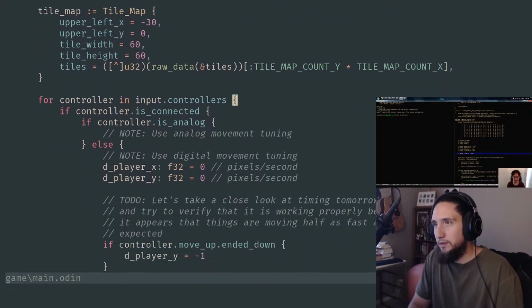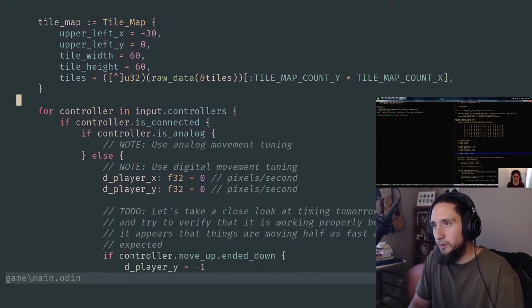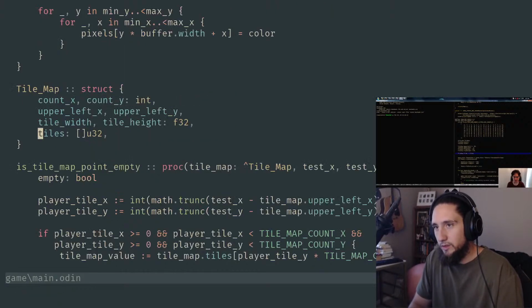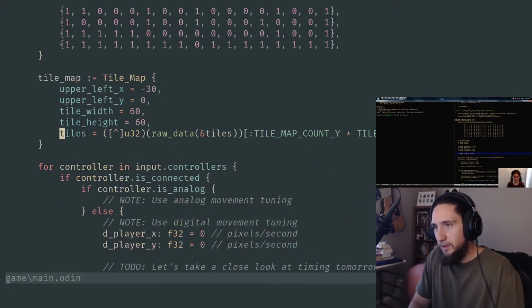And now I'm not super thrilled with this still, because it means that we could technically index outside of our tile data after it's turned into a multi-pointer. We're still using a multi-pointer where I just don't want to use one. It is good that I'm getting rid of it inside of the tile map struct, I think, but the fact that I have to convert to one at all, I wonder if there's another way to do it, but there just might not be. And the reason why I was getting so tripped up on this, I think, is that